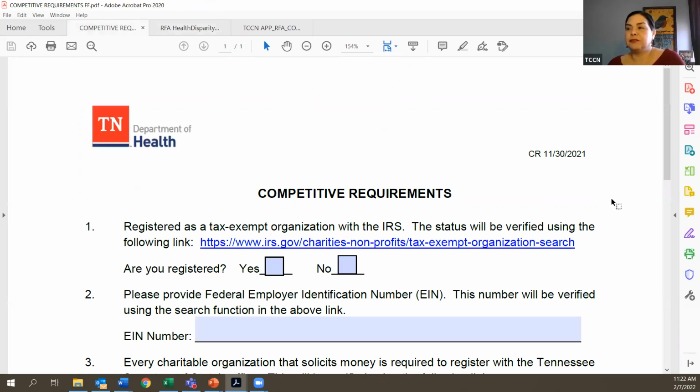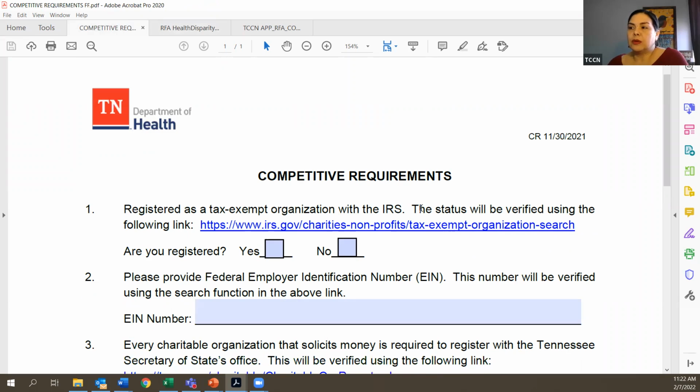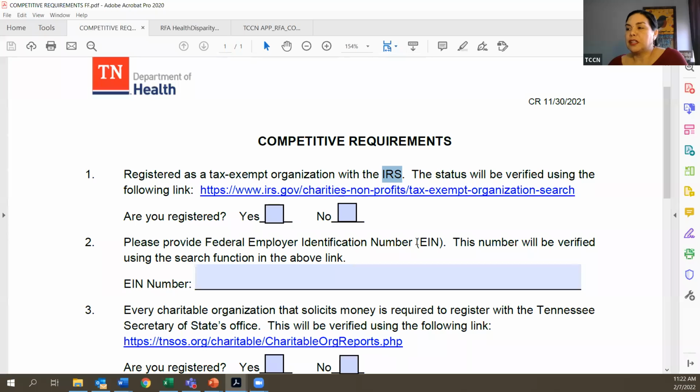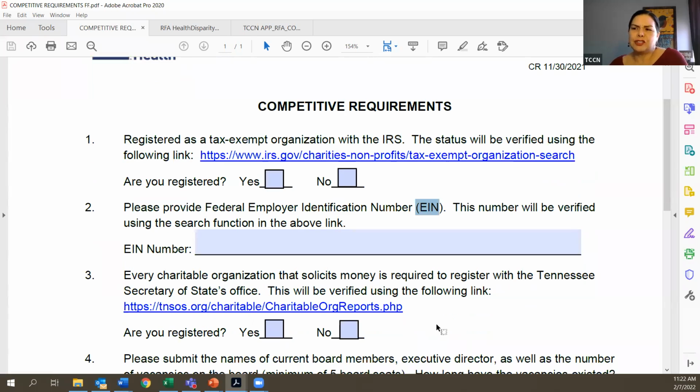It's a PDF. Now, the federal government is also requesting something similar. So the Tennessee Department of Health created their own. And what they are asking you, if you have a tax exempt letter from the IRS, if you have an EIN number, to put it here. And it's sort of like an additional checklist for documents,